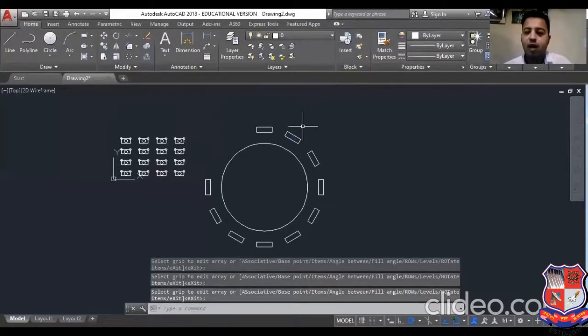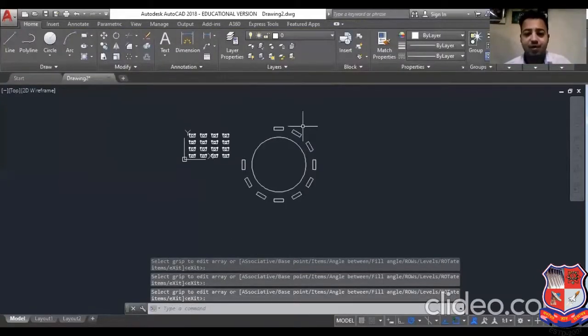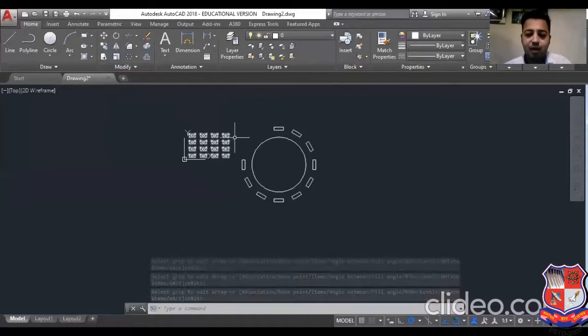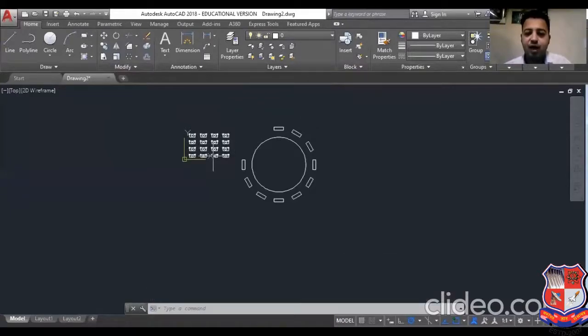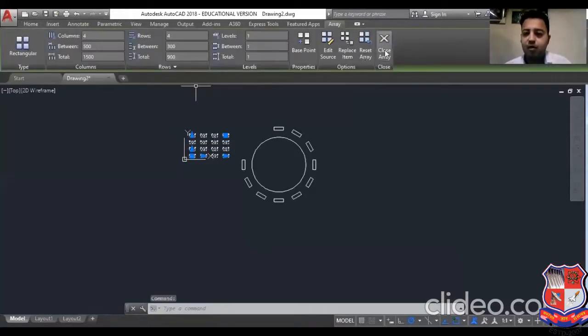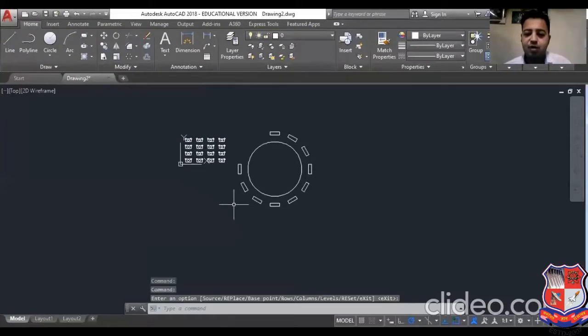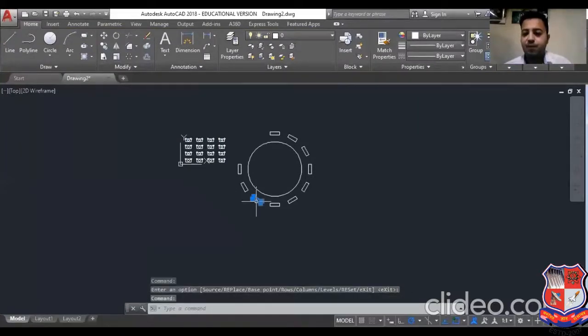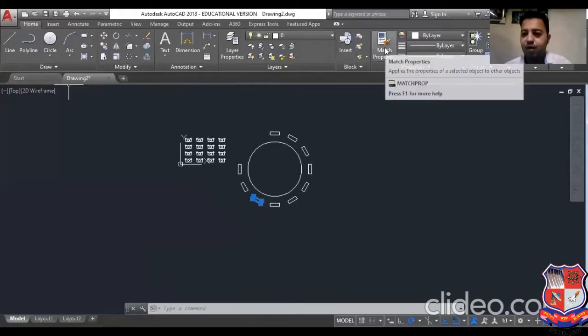Now I have not applied associative mode here. As per this command, if you select associativeness, the whole array will come with you, and you can change it later on also. But in this case there is no associative mode. It means you can select individually. It will not select the full array, and you cannot have any kind of array modify panel over here, right?